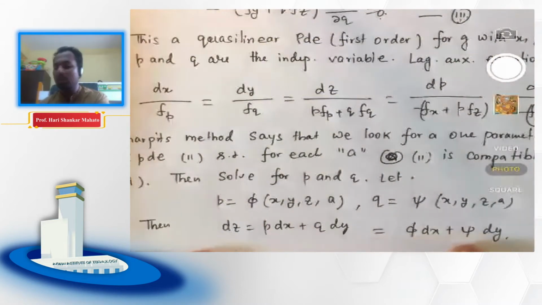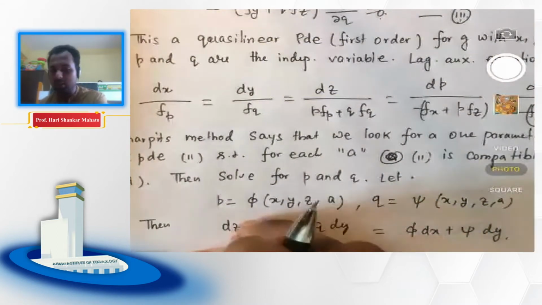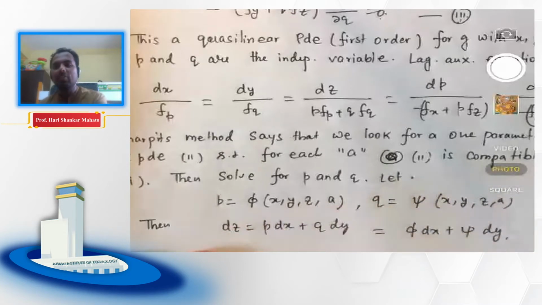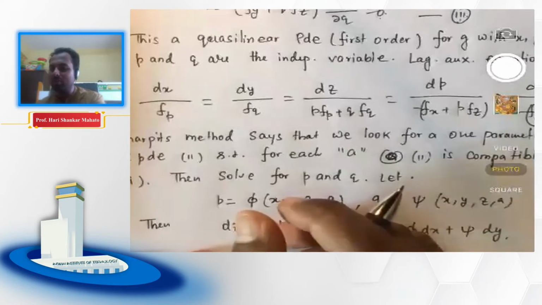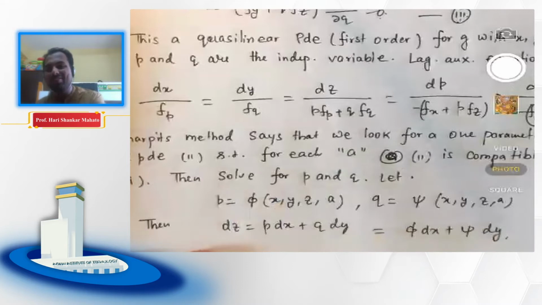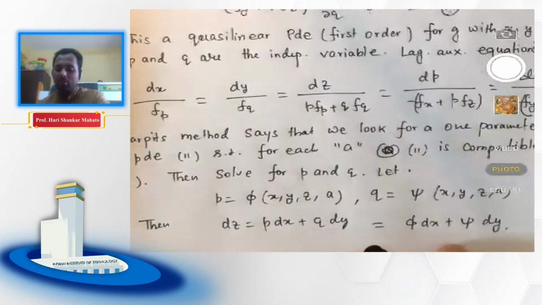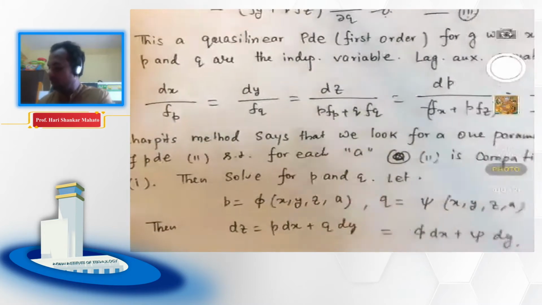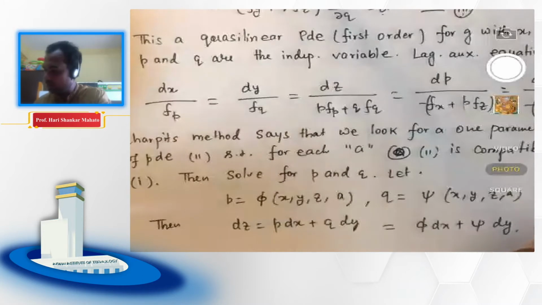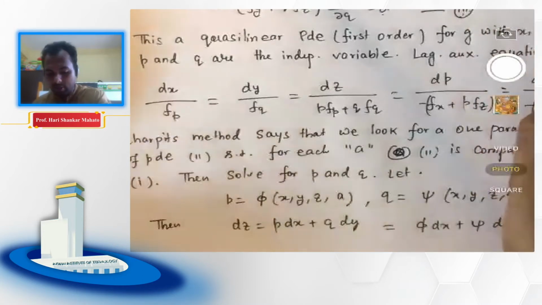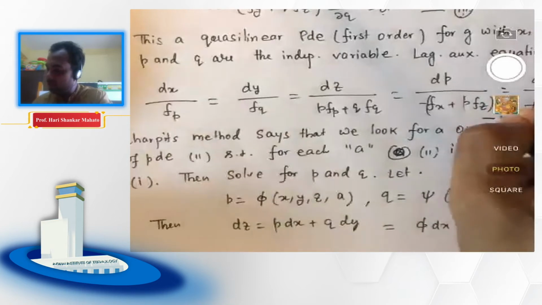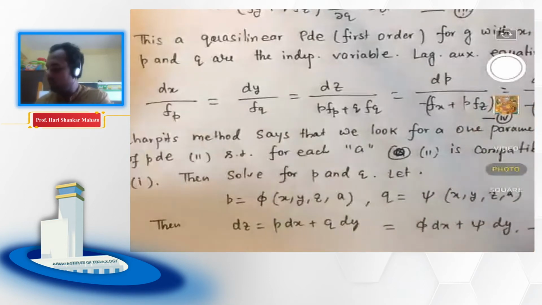Now you can always do the separation, try to bring some dx on this side or dy on the left hand side, and try to write something like d of z times some function of x, or d of z times some function of y, and give it a nice differential form. Let's call this relation number 3, this relation number 4, and I'm calling this relation number 5. So let's go to the next page.